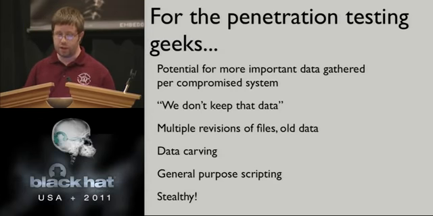So not only are we looking at the data that we can see if we're compromising a system and we're in there with an interpreter shell and we can look at all the files that are listed. That's one interface for looking at the file system. But there's other information on that disk. There are files that have been deleted. There are files that have been resized, and there's slack space that contains older data. There's potentially stuff out there in free space that nothing is pointing to in the file system metadata. So we want to be able to gather that stuff up, because chances are, if somebody thought it was interesting enough that they needed to delete it, maybe that's something we're interested in seeing.